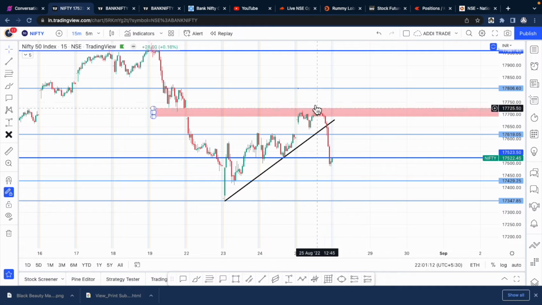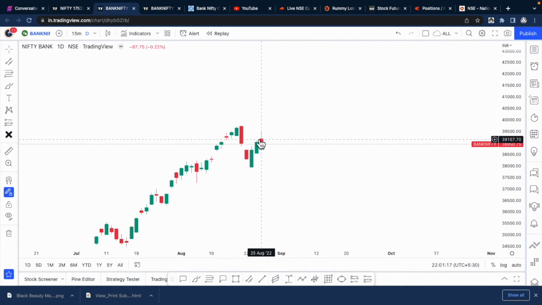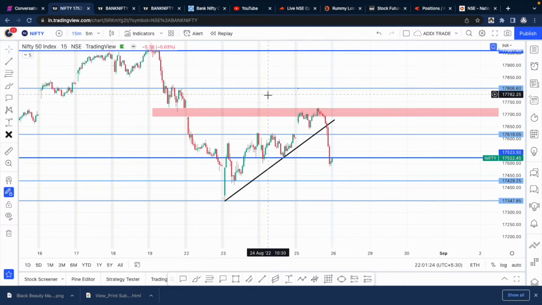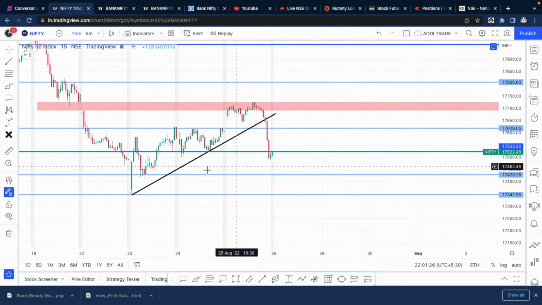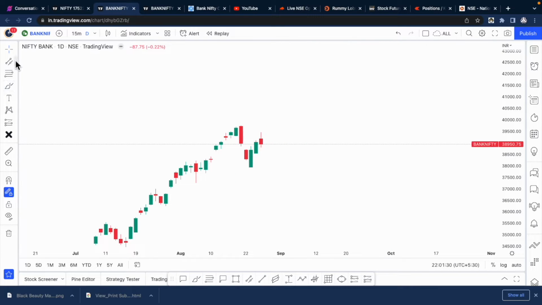And once again, see, this move might just be, if we see on the daily chart, after these 2 days of strong up move, this move could be because of the monthly expiry. A lot of positions exiting and somehow the dip extended. So unless we break this level in both Nifty and Bank Nifty on the daily chart, I'm going to mark it.